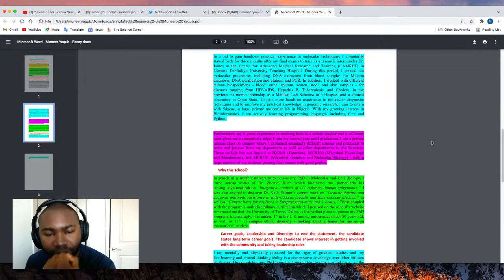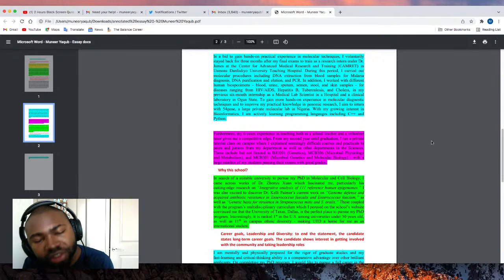So the fifth paragraph was also about experience, but this time my teaching experience. Now, why did I bring up my teaching experience? I brought up my teaching experience because in graduate school for a PhD, especially for a PhD program in the US, you are expected to work as a